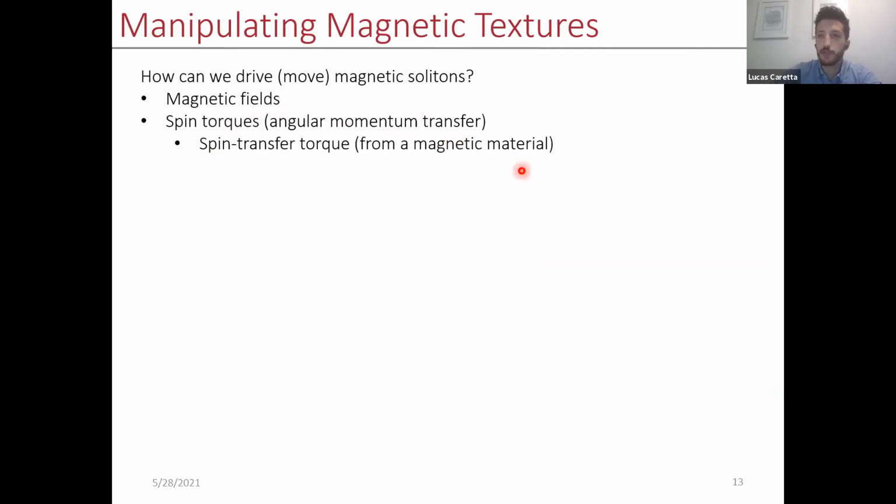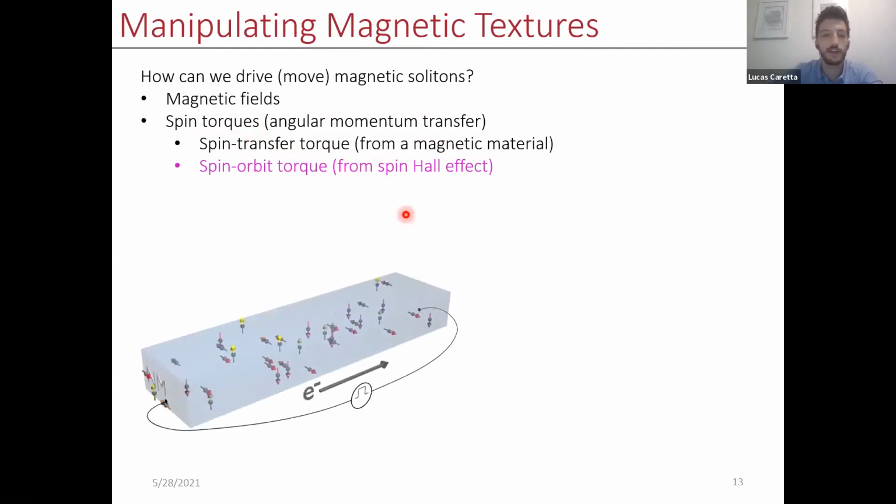You can actually use another magnet to create the angular momentum. So you can use something called a spin transfer torque, either in a DC way or a resonant way, such as spin pumping. But the focus today will be on using actually non-magnetic materials to create angular momentum. This is by using the spin Hall effect to create what we call spin orbit torques. And so since this is a focus today, I want to spend just a quick slide on it.